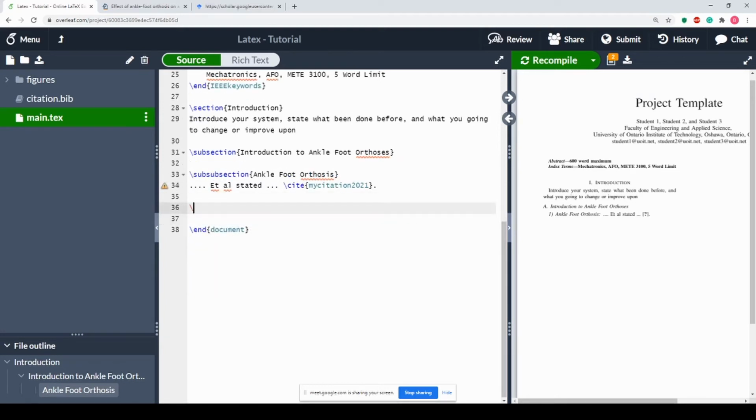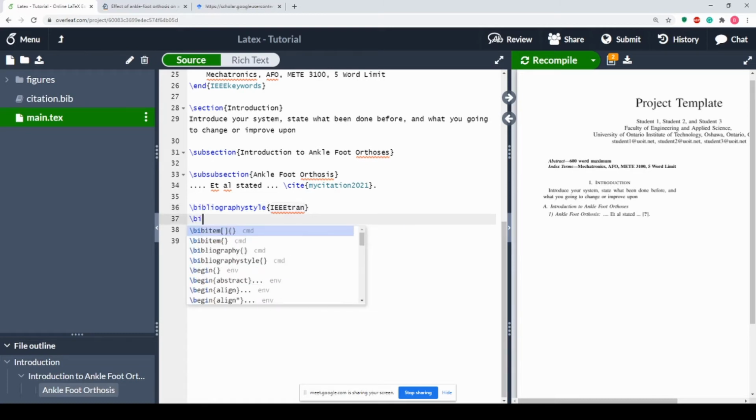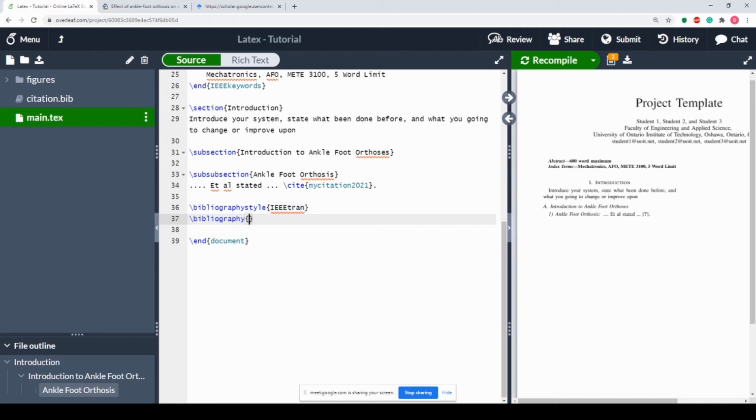So again, like I said, because it's LaTeX, we have to include the bibliography into your main document. So first you have to determine which style that you want your bibliography. So it's an IEEE paper, so it's going to be an IEEE translation style. And then you're going to include a bibliography. And what this actually references to is your .bib file. So I'm going to name mine citation because this is citation.bib. And when I compile the file,